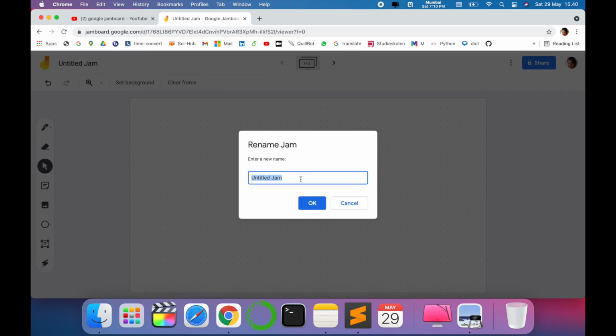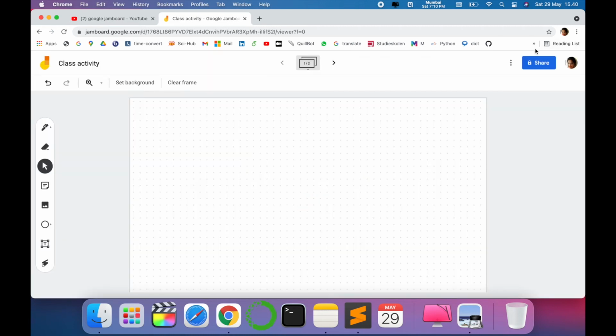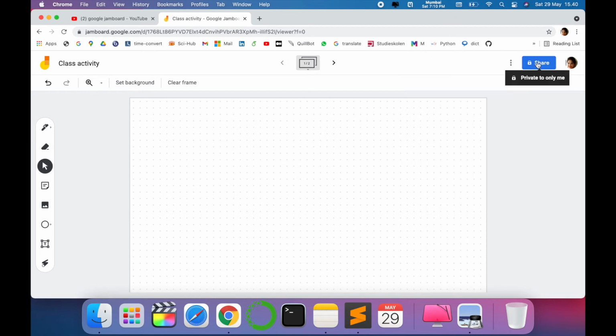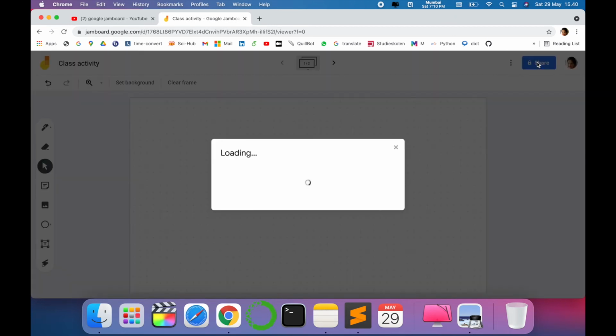You can give a name to your Jamboard, like class activity. Okay, now what you can do, you can download it as PDF, you can make it an image for your frame, or you can just make a copy of whatever you have written. Okay, now the best thing is how you can share this with your students.